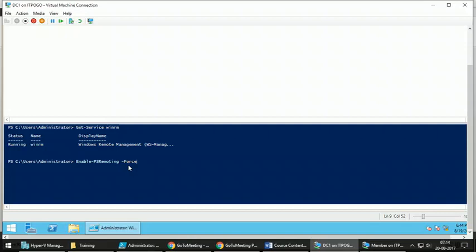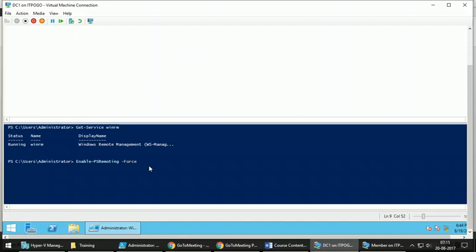This will forcefully enable remoting on any computer, and when you run this command there are multiple things that will happen inside the computer. It will check the status of the WinRM service. If it is not running or is in a disabled state, it will enable and start that service.